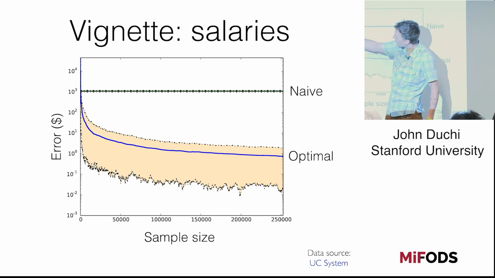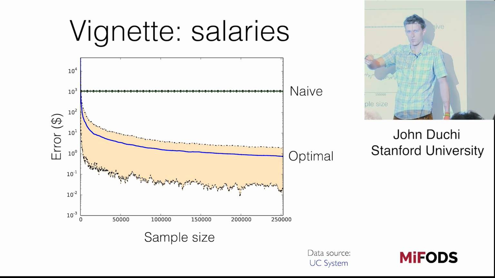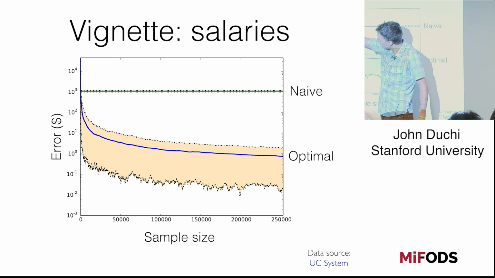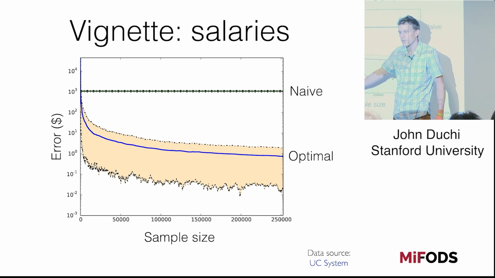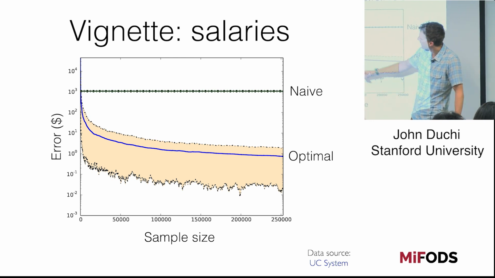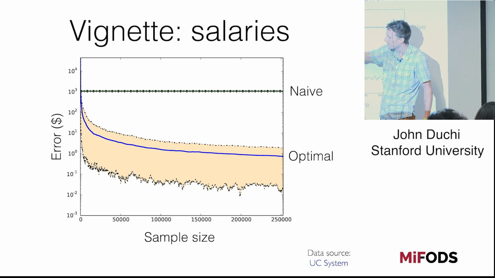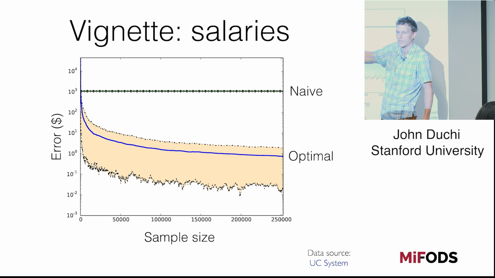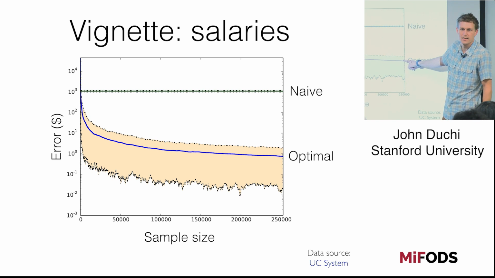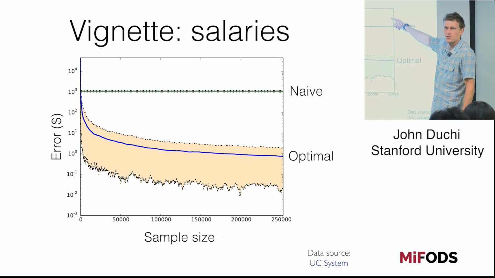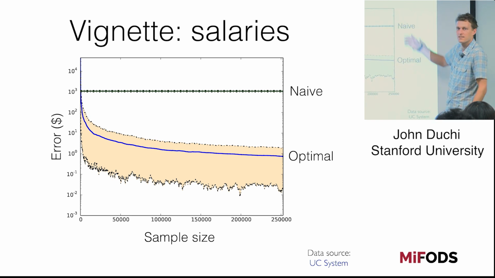With this scheme of is your salary higher or lower, after observing a couple hundred people, your error is much lower. After observing, say, 50,000 employees of the 250,000, your error is on the order of about $10, maybe $20 or something like that. So there's 2 orders of magnitude difference here. By the time you get the whole set of employees, you're off by $1. So you're off by $1 versus $1,000, which is 3 orders of magnitude.